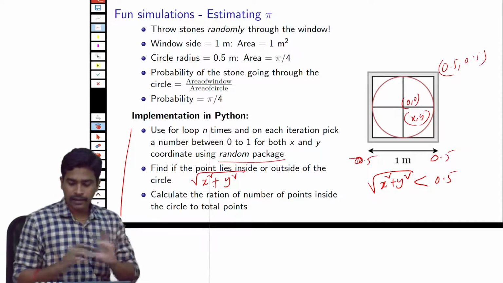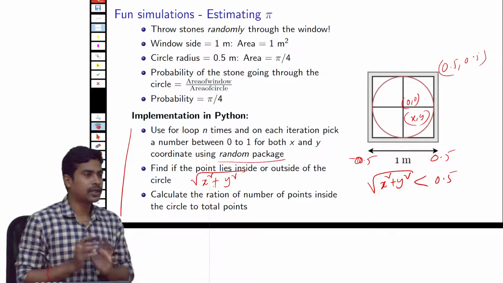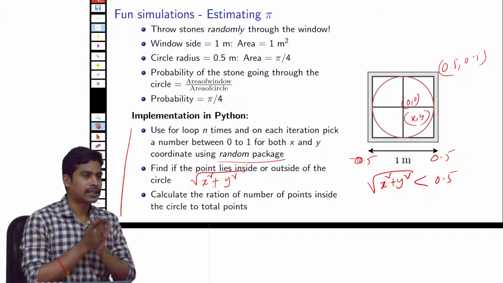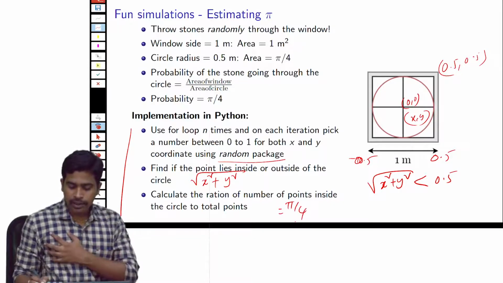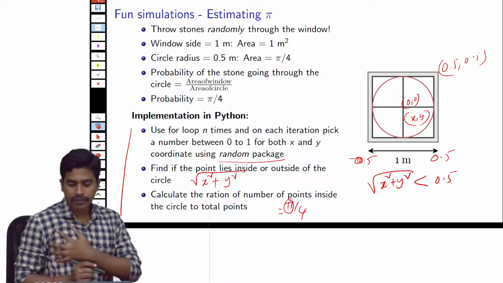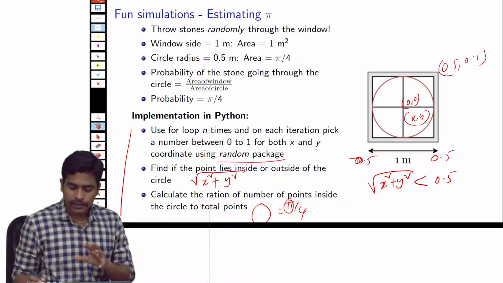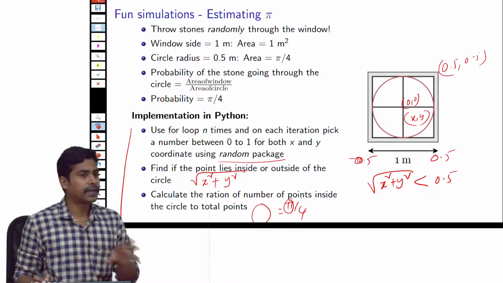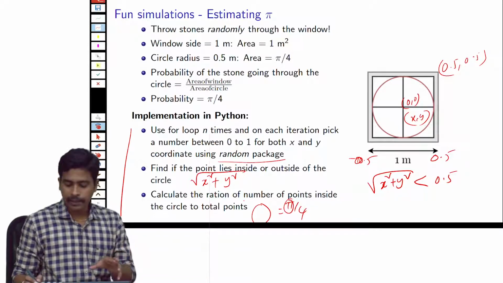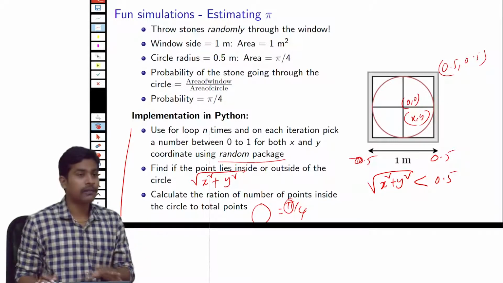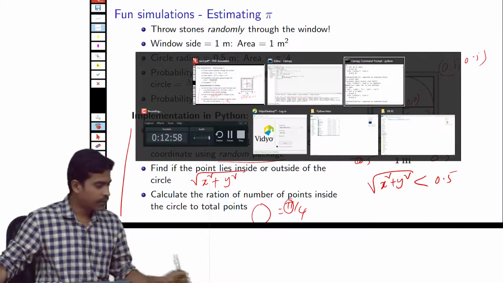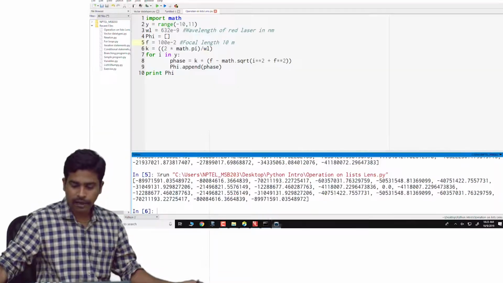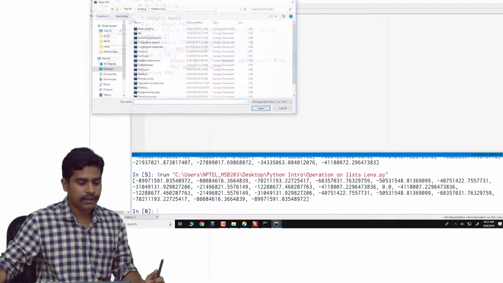After you finally run through the n iterations, you just have to take the ratio of the points that lie inside the circle to the total number of points, and this ratio is going to be pi by 4. We don't know what pi is, and we don't know what this ratio is going to be until the end of the program. To calculate pi, we just have to multiply the ratio by 4, and it roughly gives the value of pi. Okay, so I will show you the program. I have already written it, or if you want, I will give you 2 minutes and you can write it by yourselves, otherwise I can just open it.